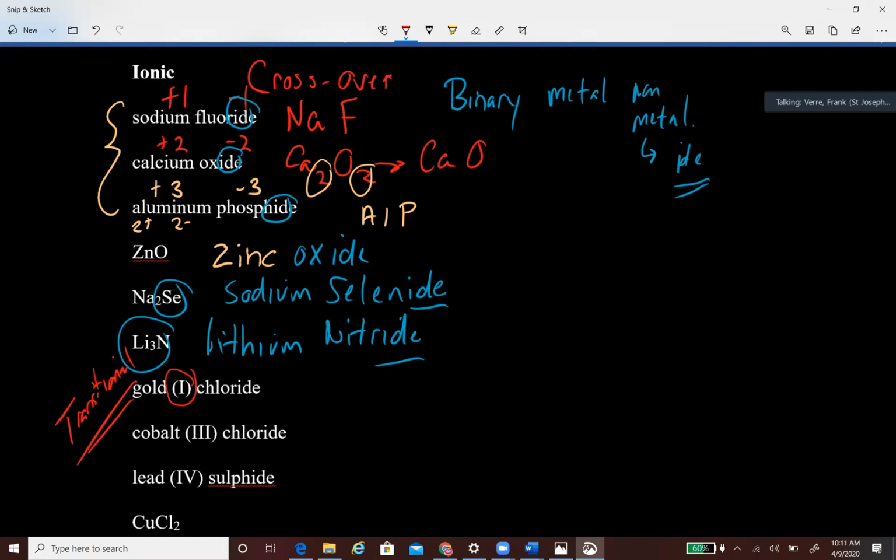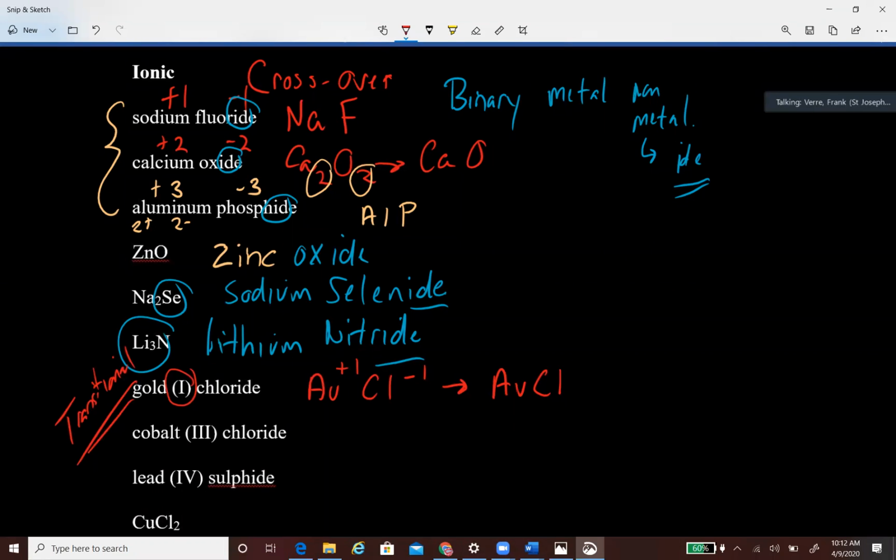In this case, it says that gold is +1. Now, chlorine, which is chloride, is this chlorine that's picked up one electron. If you look at your periodic table, chlorine is -1. And this says gold is +1. So you have one of each, right? So your formula would just simply be